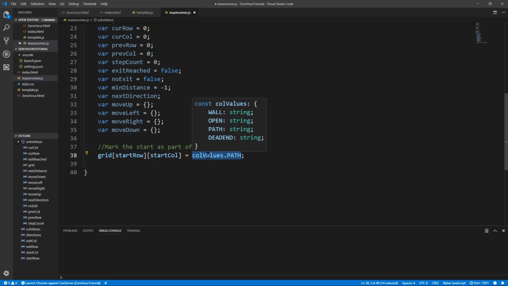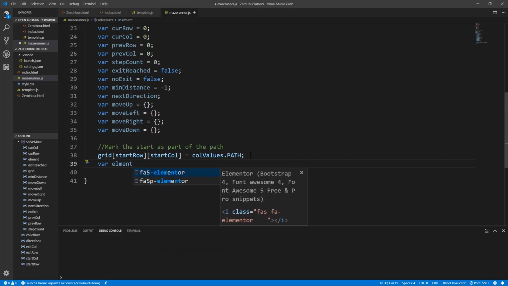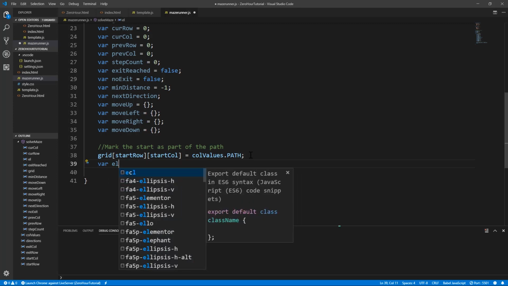So it gives me some IntelliSense there as well. It's a really cool thing to do if you're trying to check multiple values like that. Okay, so then what I can do is one more thing here. I need to actually mark the